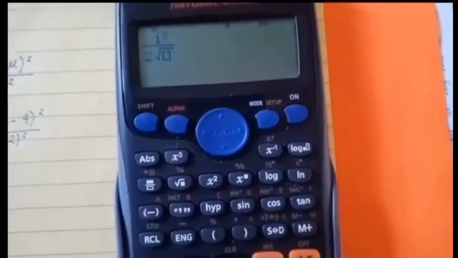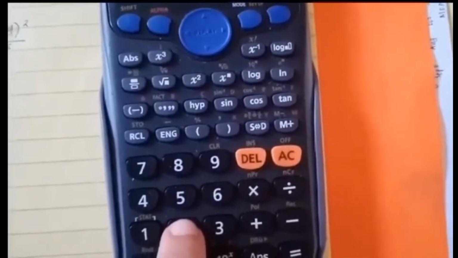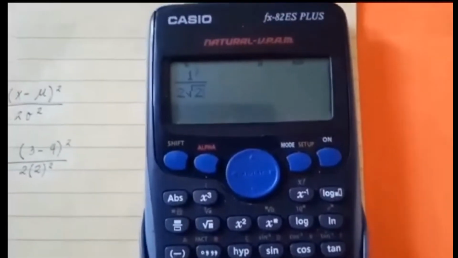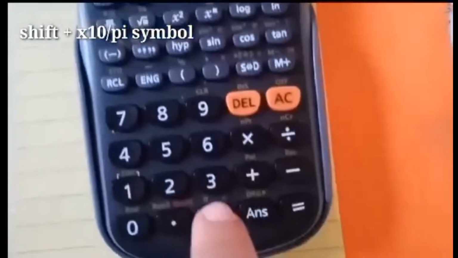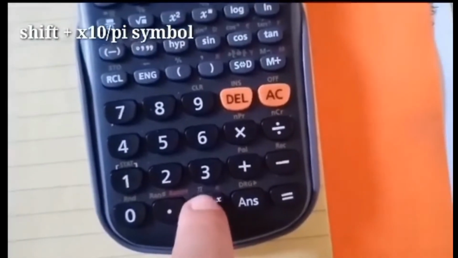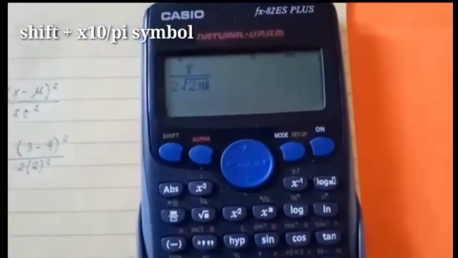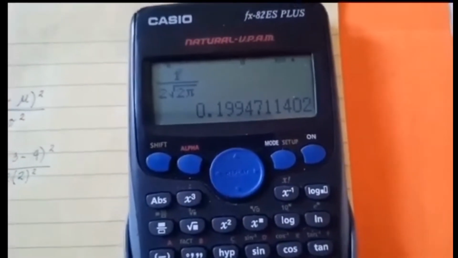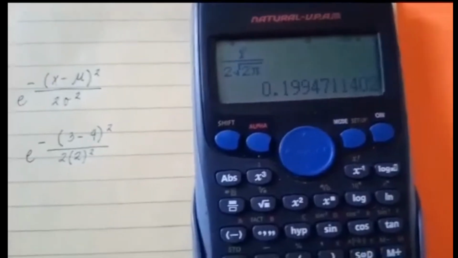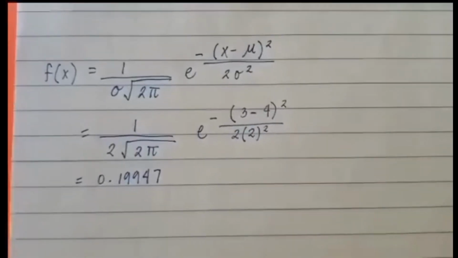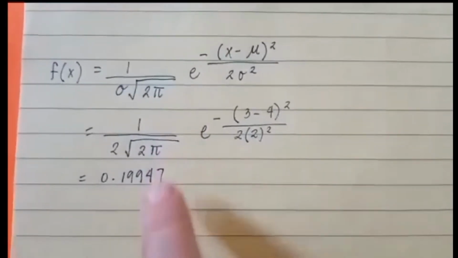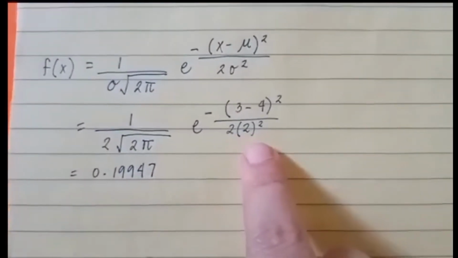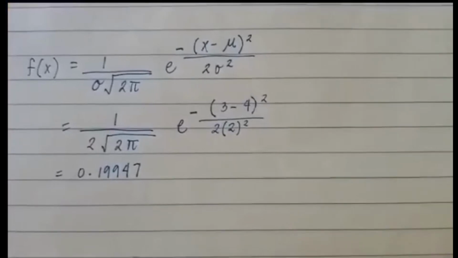First thing we need to do is to find the exact value of 1 over 2 times the square root of 2 times pi. Just click shift and then the pi symbol, and that is equal to 0.19947. Next is to simplify e raised to the power of negative times the quantity of 3 minus 4 squared